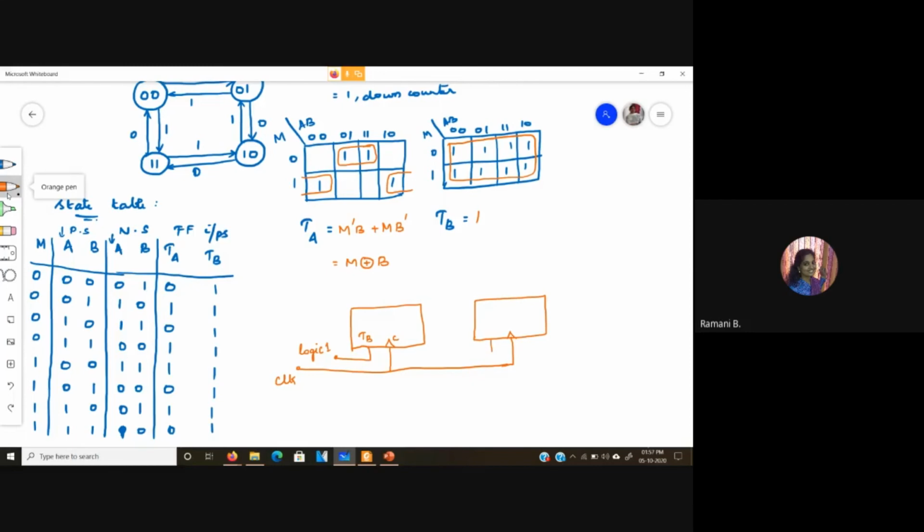And for TA, this is B. Let this be A. We have this B along with M input XORed, and that is given as input to this. Okay. So this is our 2-bit synchronous up-down counter.